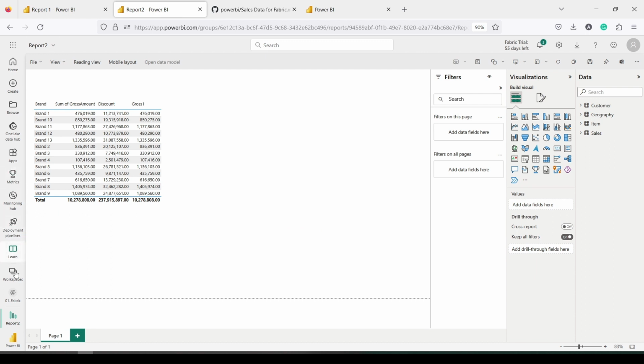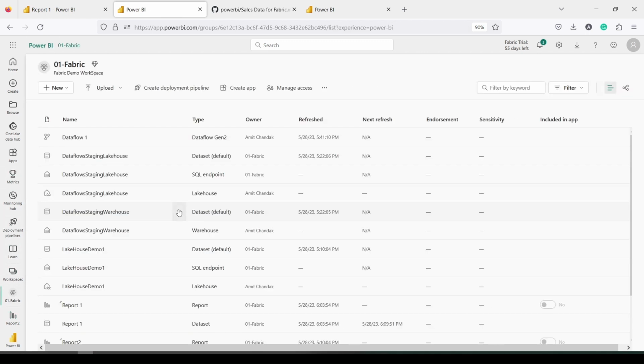So I have shown you how to get the data into the Lakehouse and how you can utilize it. So we got the Lakehouse using the dataflow, and we created the Power BI report. So go ahead and try that out, and do let me know what else you want me to cover in this series for